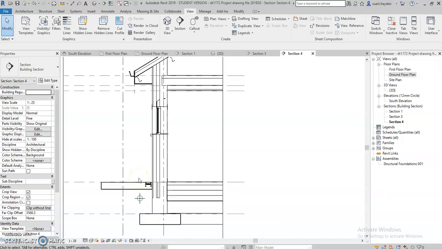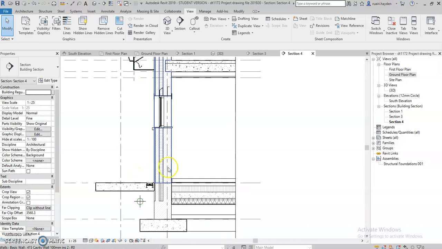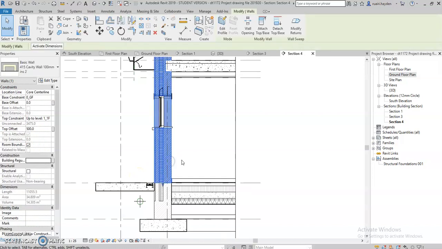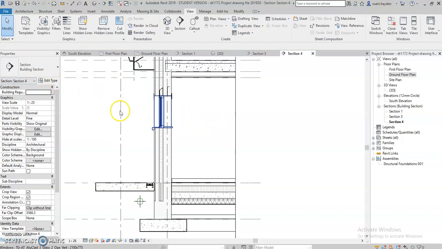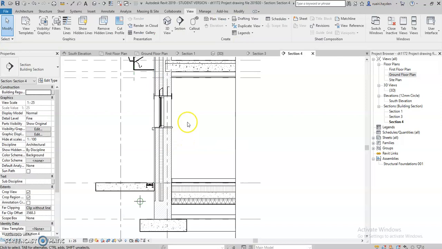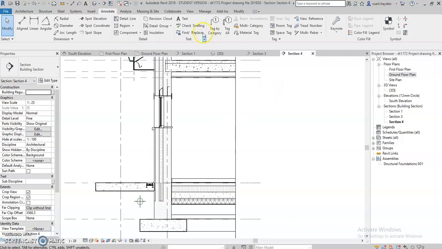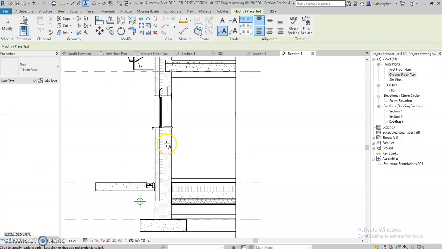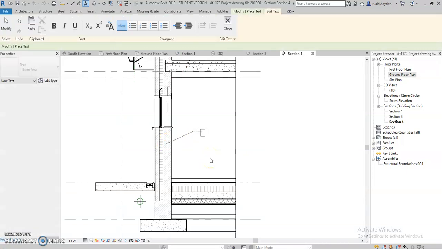So when I come in here, what I want to do is focus in on my element. If I click on my element, I can see that it's a 415 cavity wall, 100mm insulation. So if I click on this, what I could do, and which I've done previously on other videos, is click on annotate and create text. So I put in text, and I put in maybe text for this here, which might be my internal